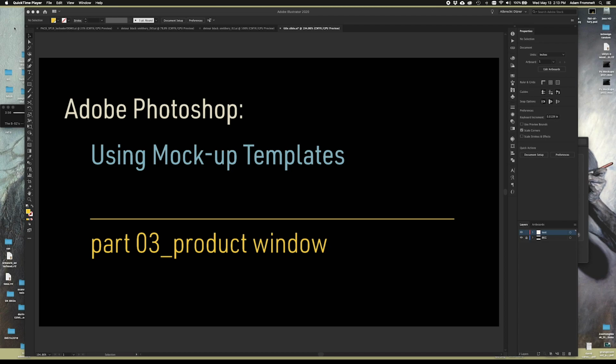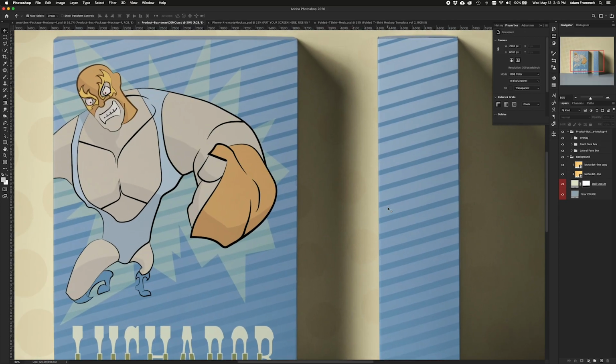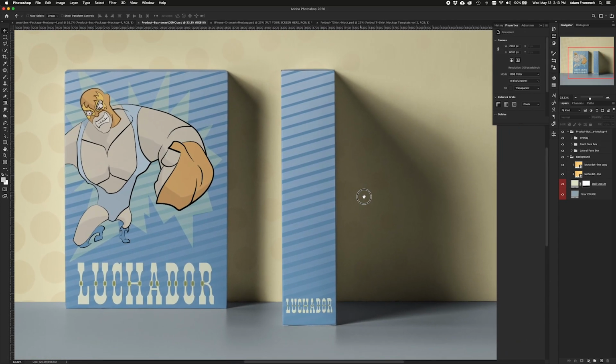We're working on some packaging, and in part three here specifically, we're going to cut a window in our package so that we can display the product through it. So back to Photoshop, this is the mockup that we've been working in. We're going to concentrate specifically on this lateral side view of the box and all the moves that we need